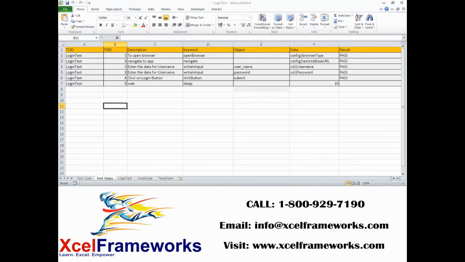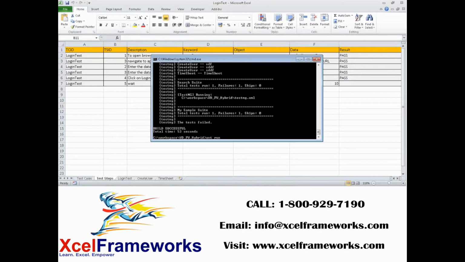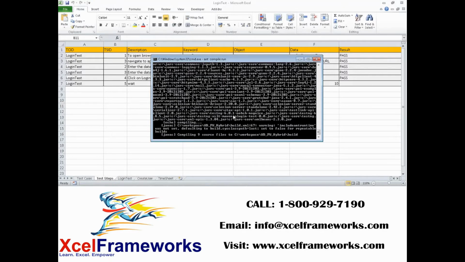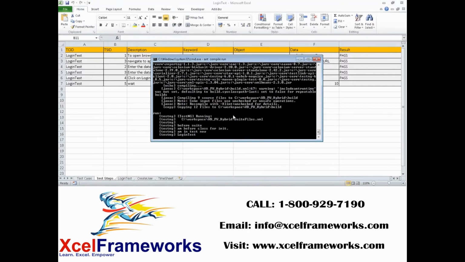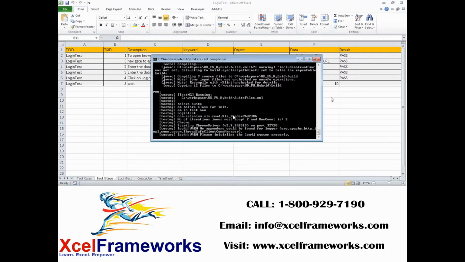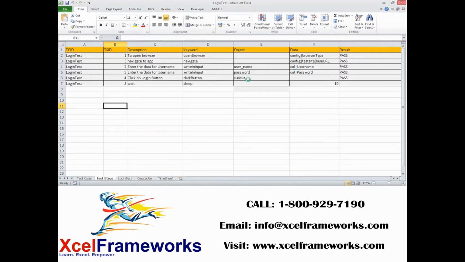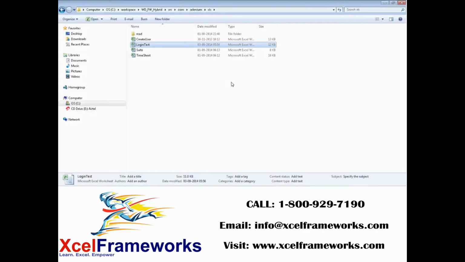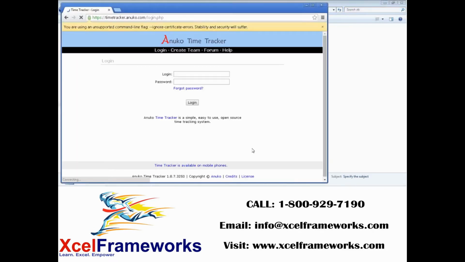Okay, so now if I go back, let's say I've developed this framework and I want to run it. What I generally do is go to the command line tool, and I'll say compile. I want to compile the whole source code. And when I say run, it's going to open a Chrome browser because I've configured that, and it will start automating whatever you have done here. Let's see if it's open. Yeah, it's open. See this? It went to this application and logged in as guest list.